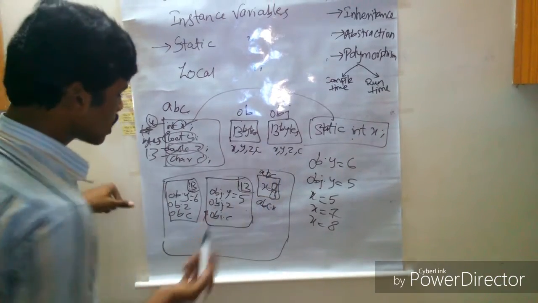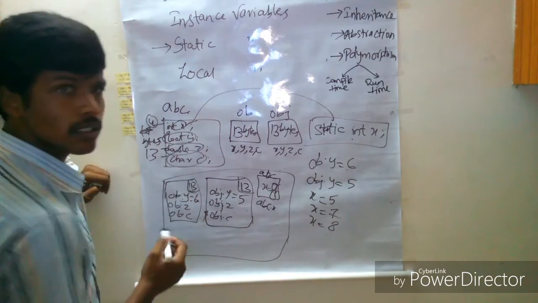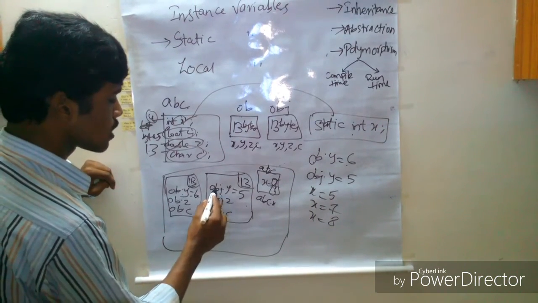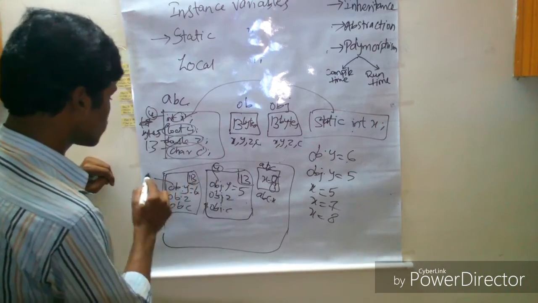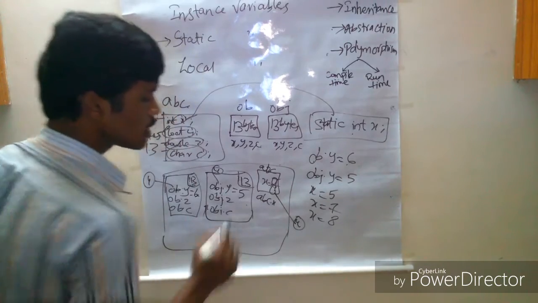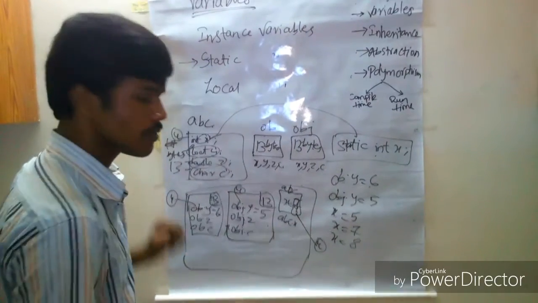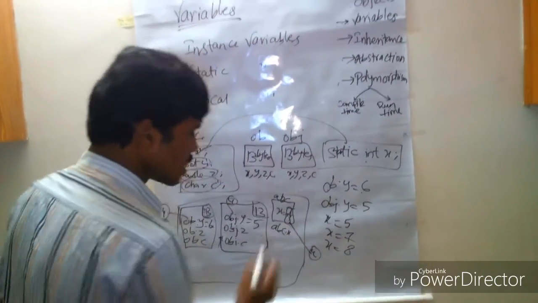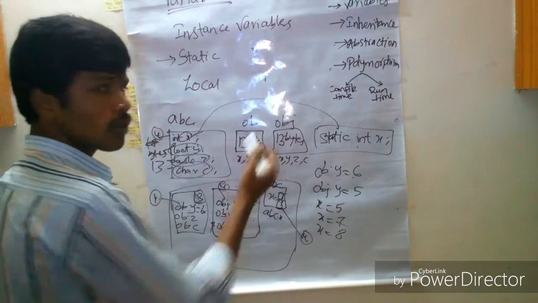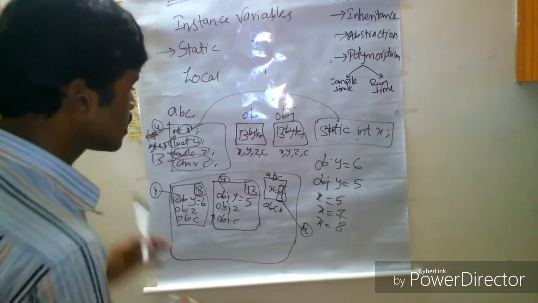But for the instance variable, if you see ob.y is equal to 6, and obj.y has a value of 5. Both are different, and ob has its variables separately, and obj also has its variables separately. But here x exists only once. It is 4 bytes. It is going to occupy 4 bytes of memory, and that is also only once, not for each and every object. Whenever an object is created, this static variable will not be created again, but the instance variables are created each and every time.